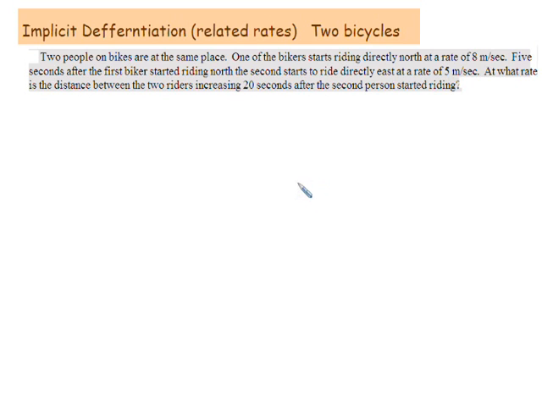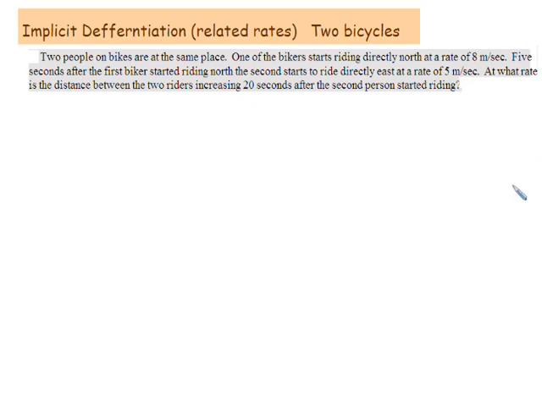Okay, here we have a related rates problem about two bicycles. Two people on a bicycle are at the same place. One of the bicycles starts riding directly north at a rate of 8 meters per second. 5 seconds after the first biker starts riding north, the second starts riding directly east at a rate of 5 meters per second. At what rate is the distance between the two riders increasing 20 seconds after the second person